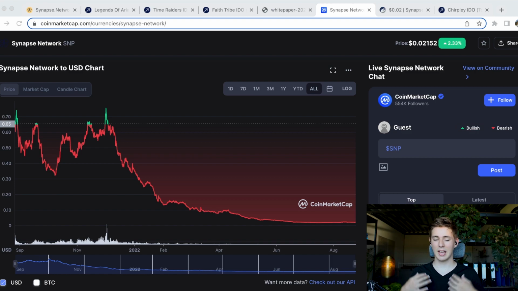Now, me personally, I'm quite bullish on the market. I think that we still have some heavy times ahead. I feel like for a couple of months the market will not be very bullish, but by the end of this year, I think that we can see a change in that. And me personally, like I said, quite bullish on the overall crypto market, and therefore I'm also quite bullish on Synapse. But again, it's all speculative at the end of the day.